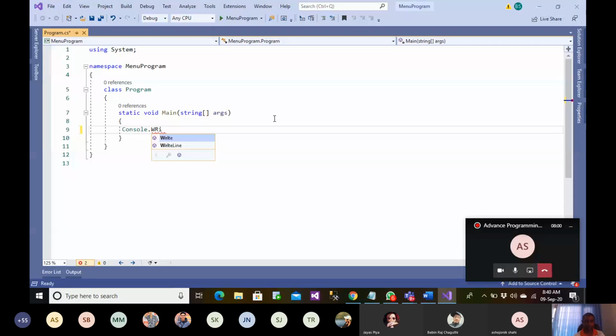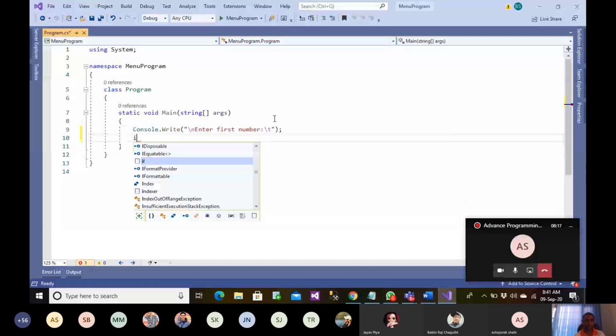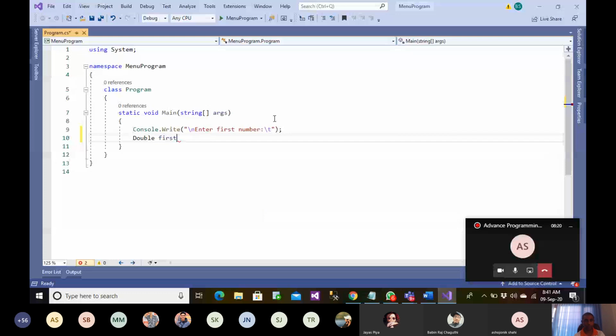So let's say the first number. Let us say this is an integer type, or let us say this is double, double.Parse. We read the first number.